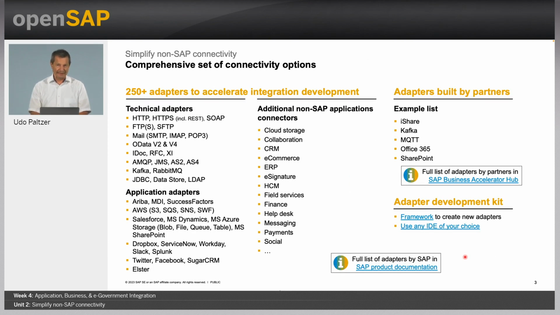And on this slide, you can see the long list of adapters that we provide out of the box with SAP Integration Suite, more than 250 adapters which you can use with SAP Integration Suite. Technical adapters like HTTP, HTTPS adapter, FTP, FTPS adapter, mail adapter, OData version 2 and version 4, AMQP adapter, AS2, AS4, Kafka, RabbitMQ adapter, as well as many application adapters, integration with our own SAP applications like Ariba adapter,